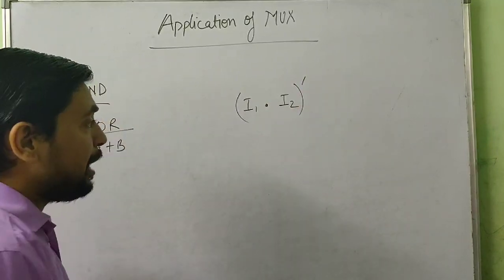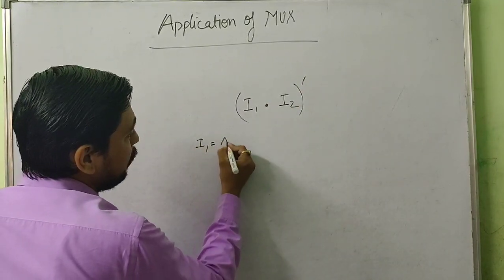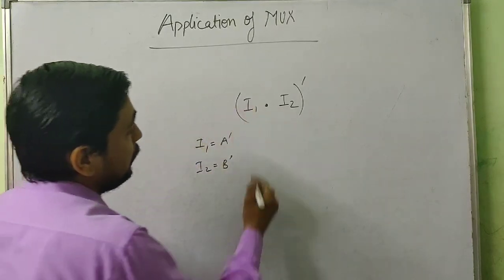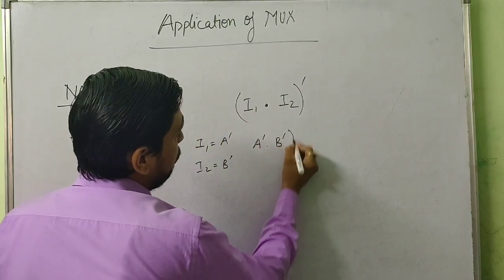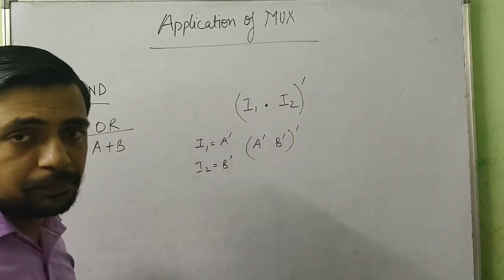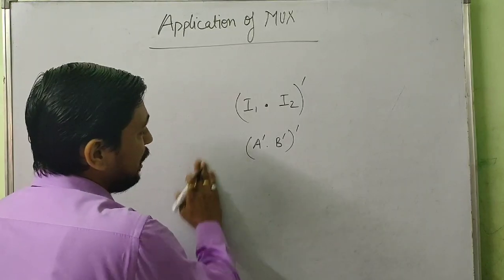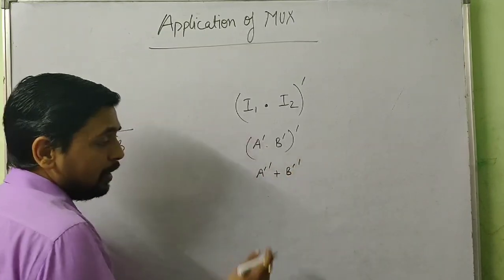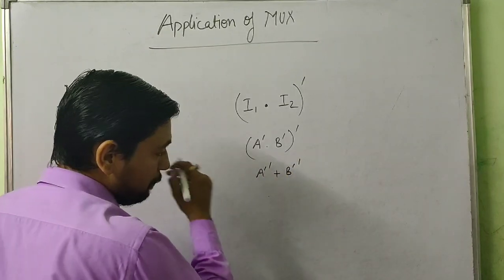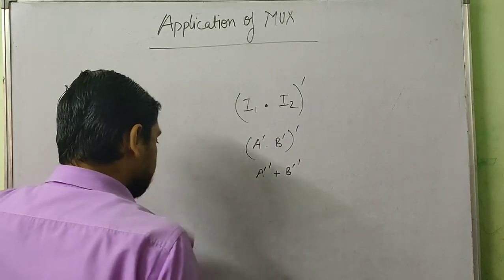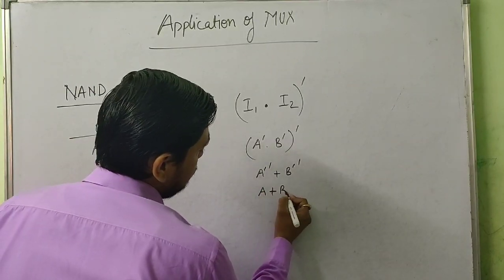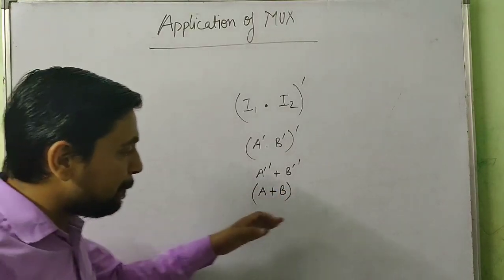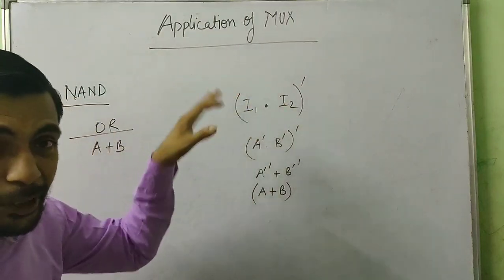Is it okay? Now imagine if I1 is A complement and I2 is B complement. Put the values over here. So that will become A complement and B complement whole complement. Right? Apply De Morgan's now. So that will become A complement's complement plus B complement's complement. Involution law. Complementarity law. So it will become A plus B. You got that? So what I am saying, if you want A plus B, the two inputs that you need